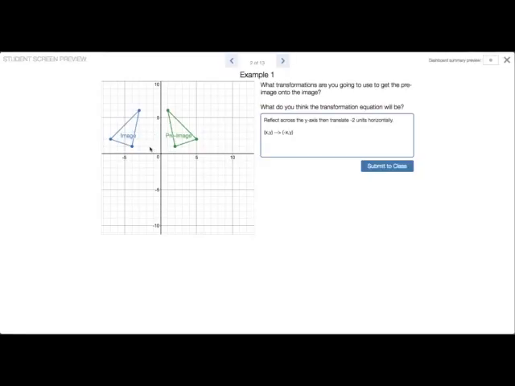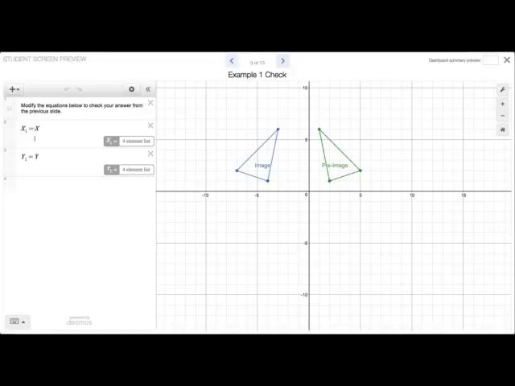But as we said, that would put it right there. This vertex would put it right there, and I have to move it 2 more to the left. So I better go in here and say, hey, -2. Okay, so it's going to flip it across the y-axis, and it's going to move it 2 to the left. All right, so the next thing, we're going to check. Now, let me show you how you modify these equations. The capital letters matter in this case, and I had to do that because of the programming that's behind this. But anyhow, we said we want to take the opposite of x, and then we wanted to subtract 2,